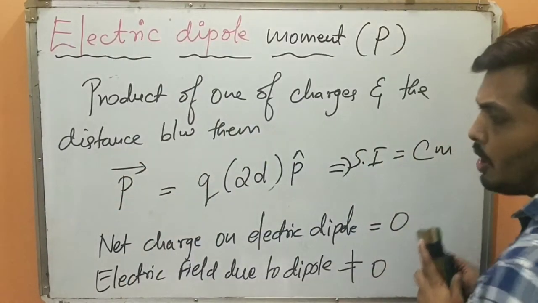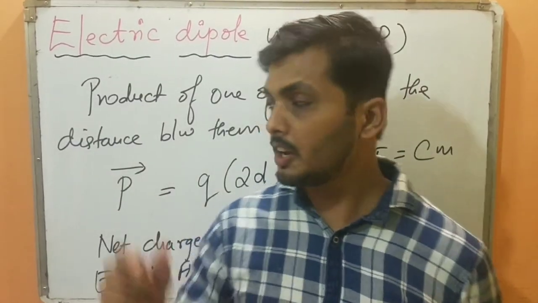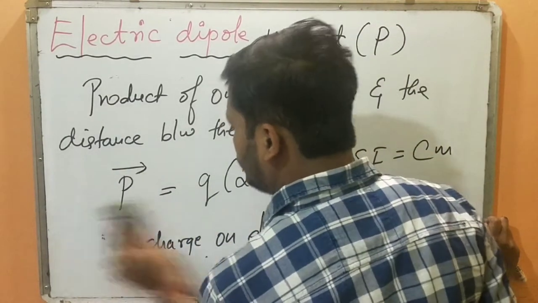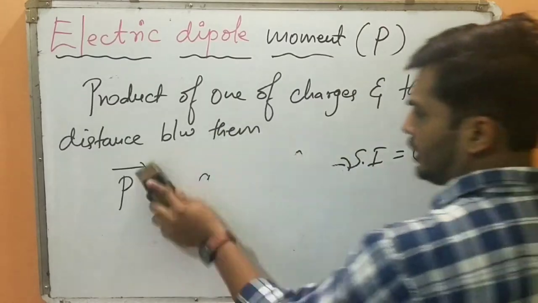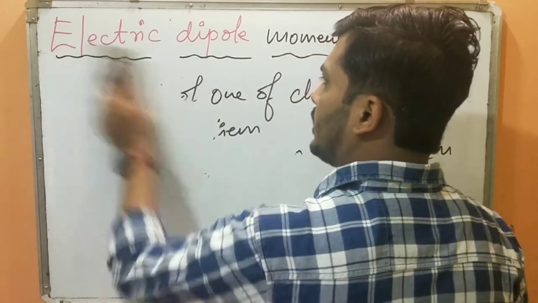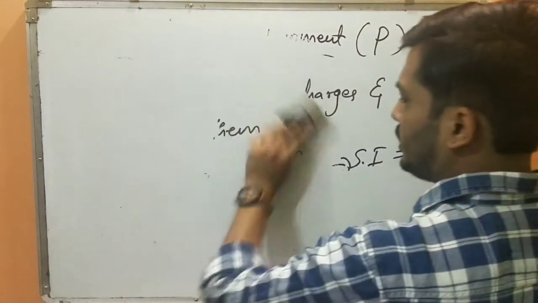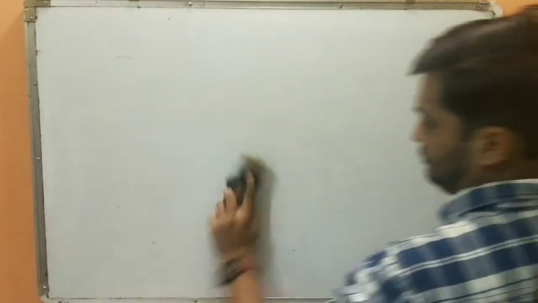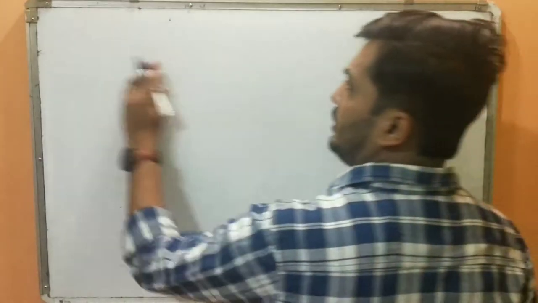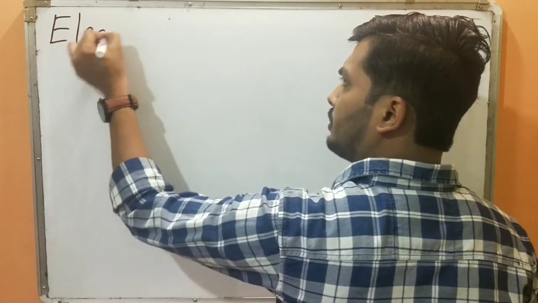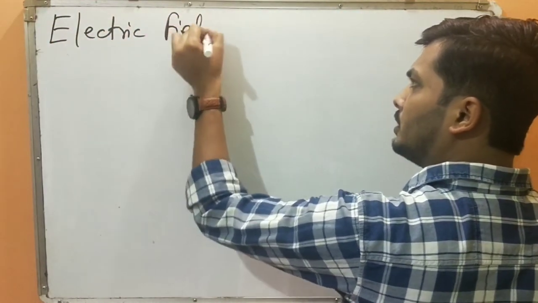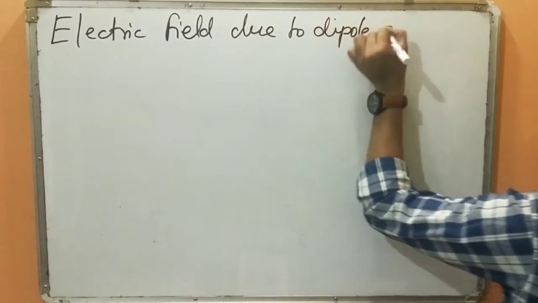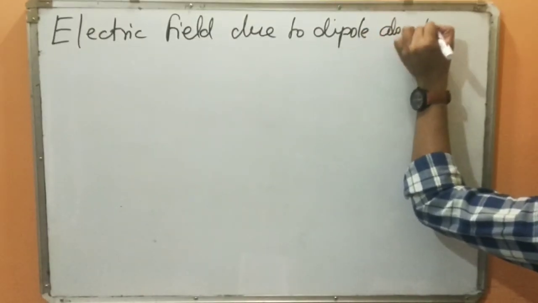Okay. So now we are going to find the expression for the electric field due to this dipole. It's a very simple derivation, a bit lengthy too, and it is one of the most important derivations. In exam you can expect to get this derivation. If not this derivation, then surely you will get one problem in your board exams. Now write the heading: expression for electric field due to dipole along the axial line.